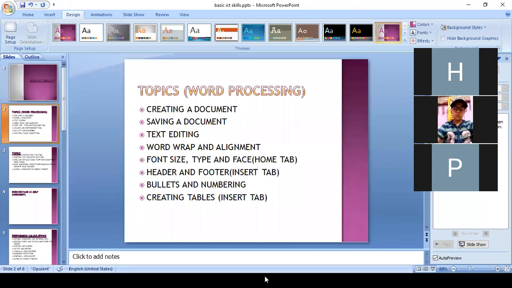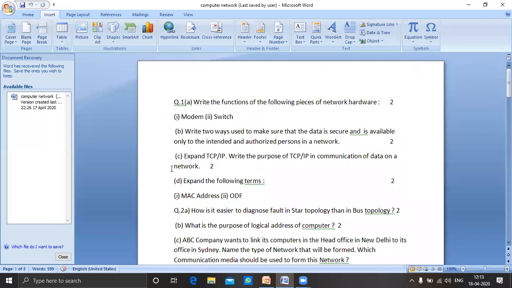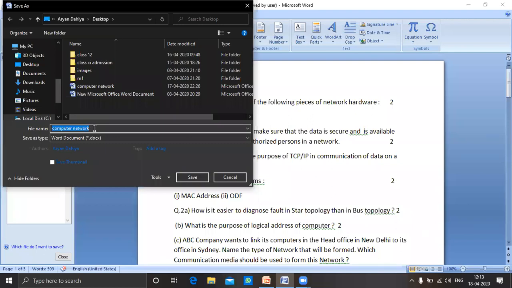So let's start. Suppose this is our Word document. Clear? And here first we want to apply the password. So click on this tab, click on Save As Word document, and write the name of the file.